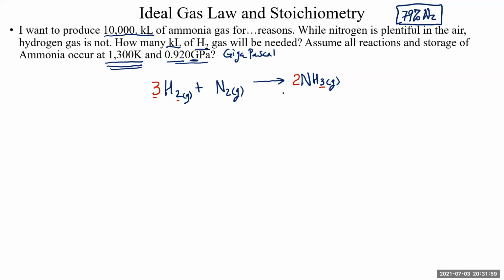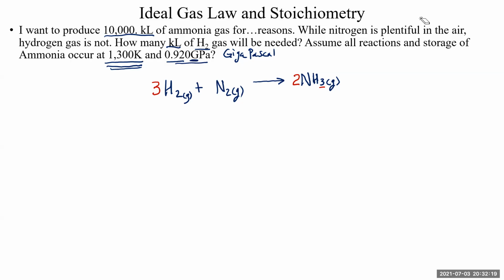Okay, so this is our balanced chemical equation. Remember, anytime you involve stoichiometry, you need these balanced stoichiometric coefficients. Now, let's write down the information that we have, and consequently, the information we need. By the way, we don't need to know that the atmosphere is 79% nitrogen. That was just FYI, for your information.